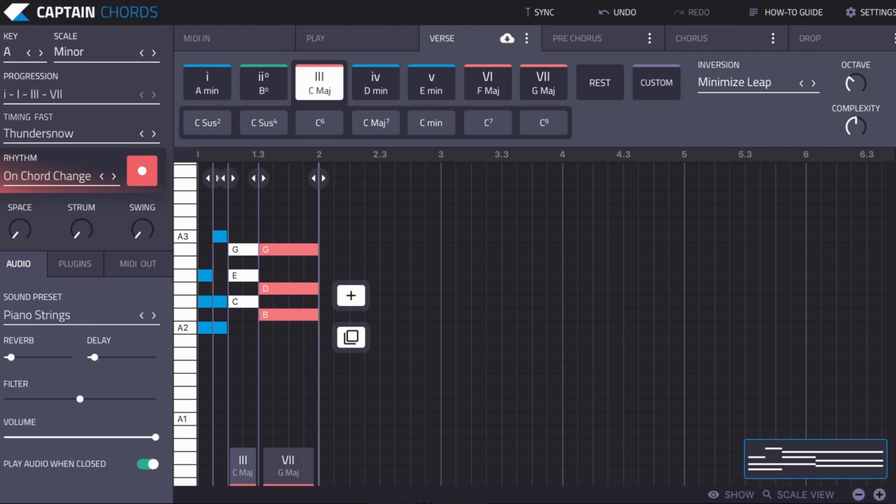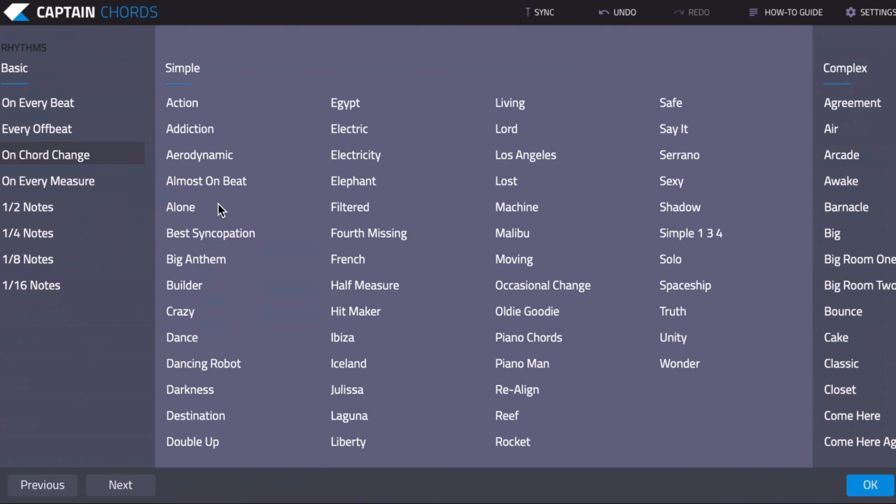So using the timing presets is a great way just to get some ideas going quickly, and that's the purpose of these, to speed up that workflow. Then we have the rhythm settings within here, which includes rhythm record. So if we click on this, we can use preset rhythms, which again are great for getting an idea going.